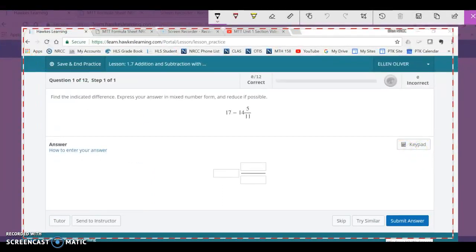Okay, so I like to stack them vertically. So this is going to be 17 minus 14 and 5/11. Well, I've got no 11ths right here, so I'm going to go ahead and say that I have no 11ths. And I start in the right-hand column, same as if you had 17 minus